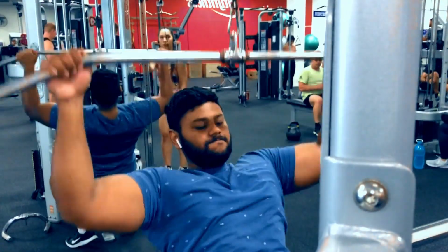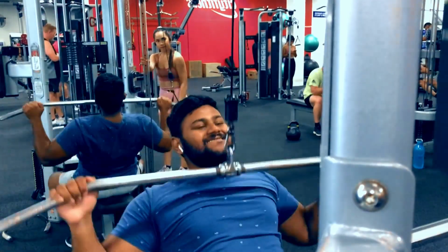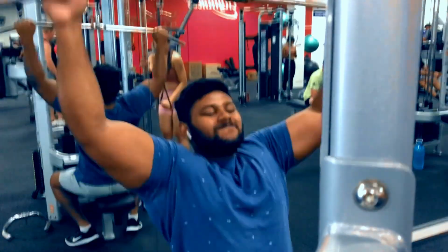For lat pull-downs, make sure you're holding the bar just over shoulder width and have a slight arch backwards in your spine, and pull the bar to your upper chest. For pull-ups, you pull yourself up until your upper chest touches the bar. When training back, the muscle-mind connection is key because you can't see your back. So the only way you can effectively train your back is to imagine the range of motion with the concentric